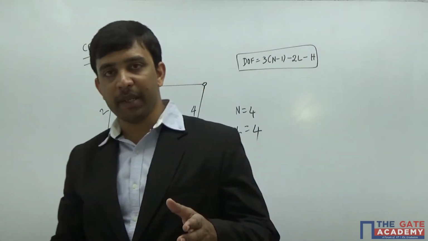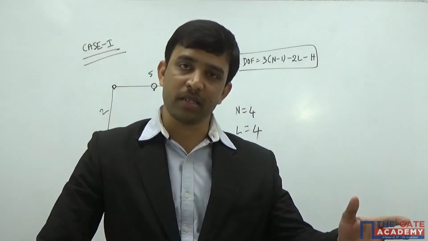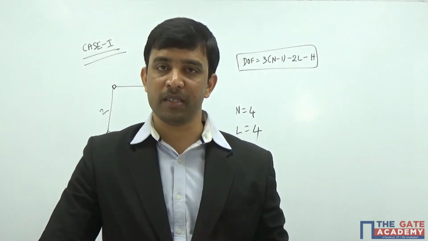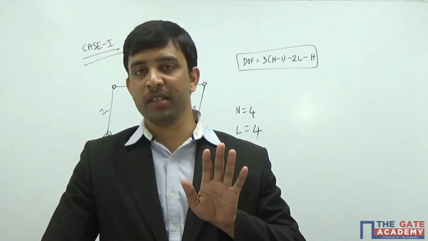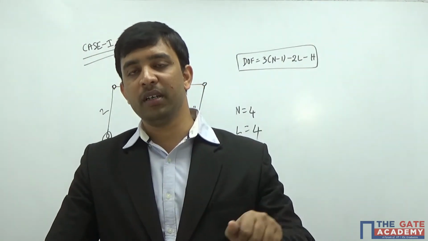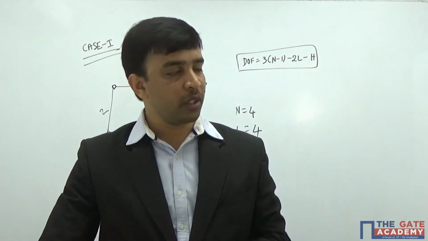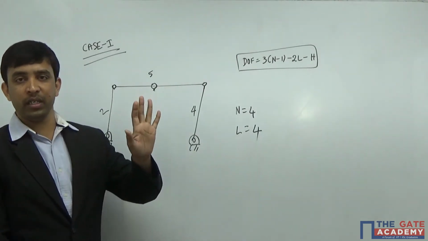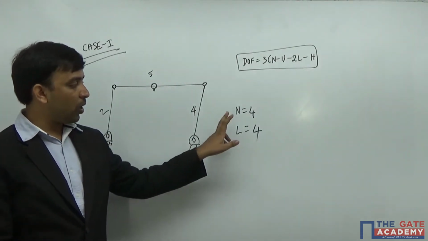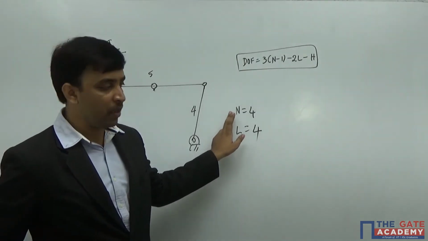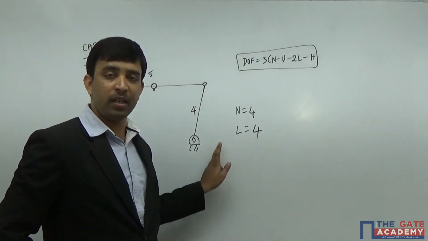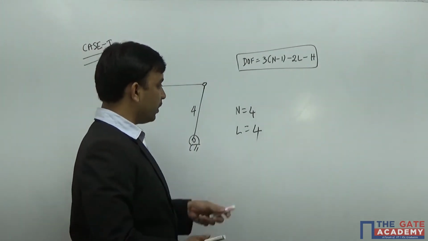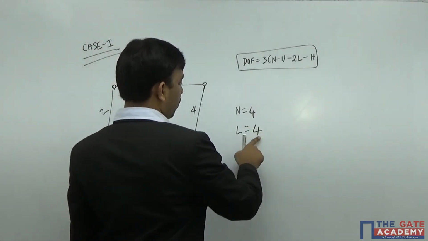Repeating again, sometimes a mechanism may have one or more links which do not introduce any extra restrictions inside the mechanism. Such links are known as redundant links and should not be counted for calculating degrees of freedom. So I need to eliminate that particular redundant link. After eliminating the redundant link, now calculate how many effective links, how many effective lower pairs, and how many effective higher pairs there are inside the mechanism. Here, the effective number of links is 4 with 4 lower pairs,